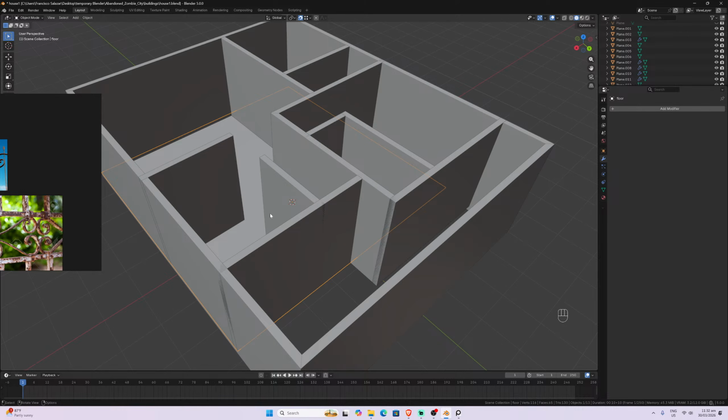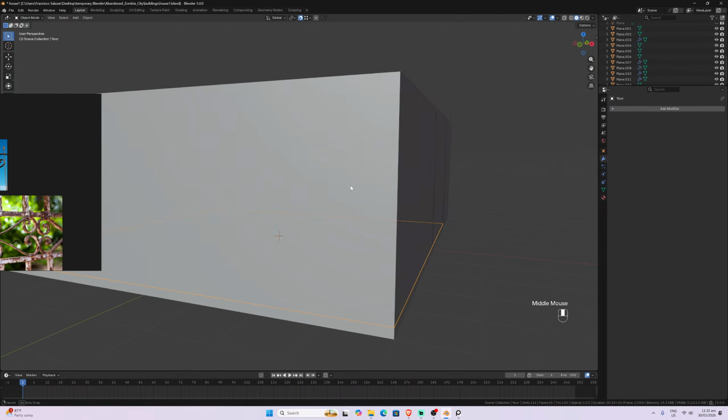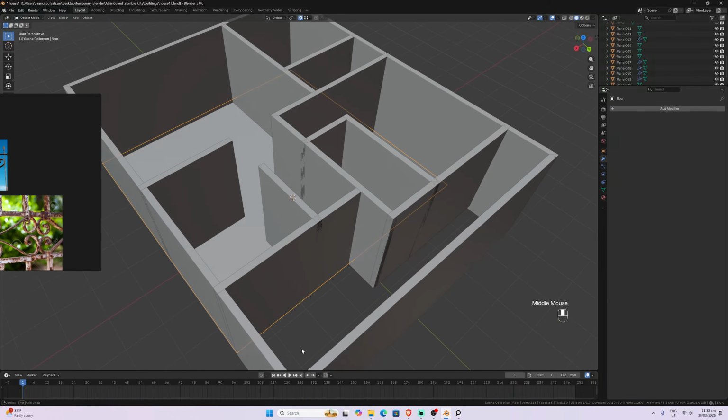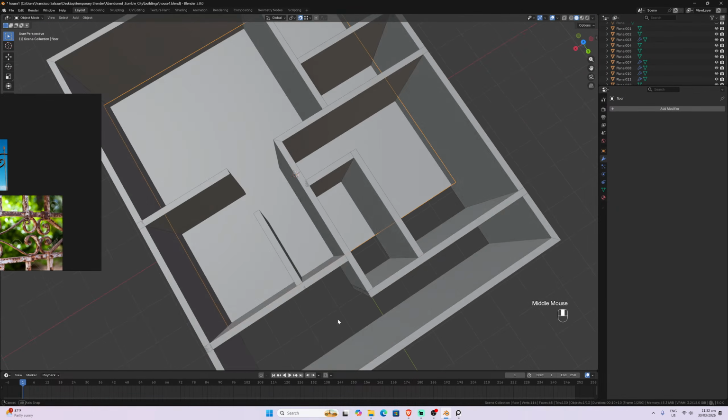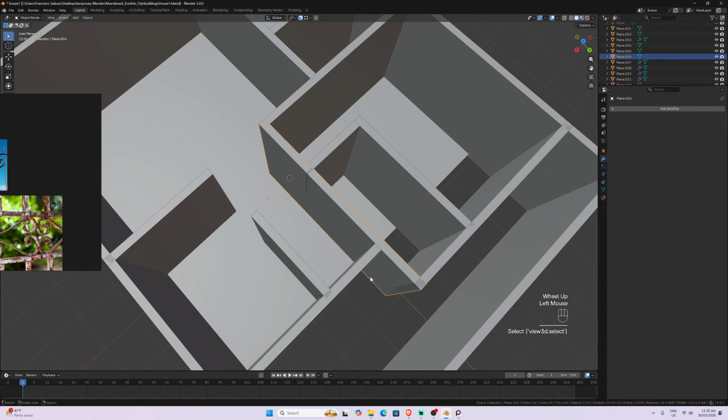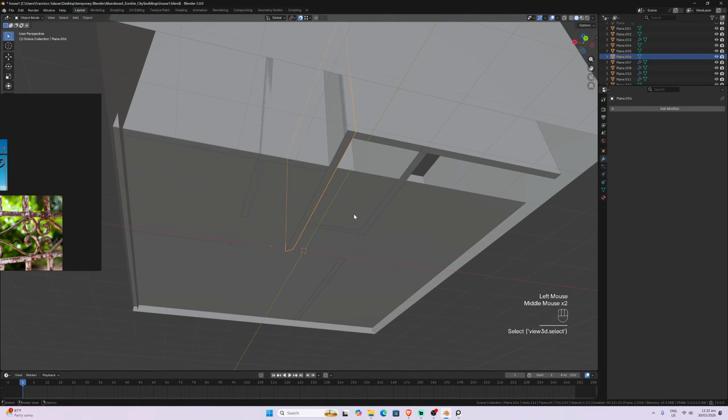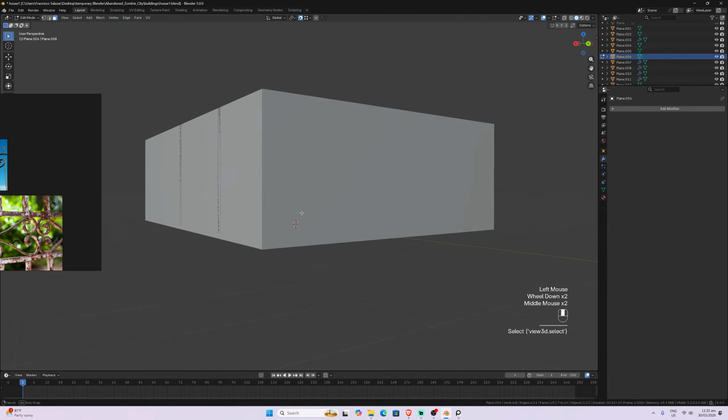Also maybe we should create another level here, make this house a little bit taller, and have the other backyard level here, but right now we're not going to do that. Okay, we have this here.